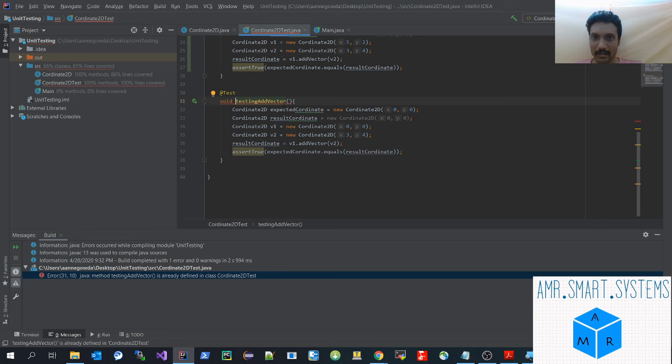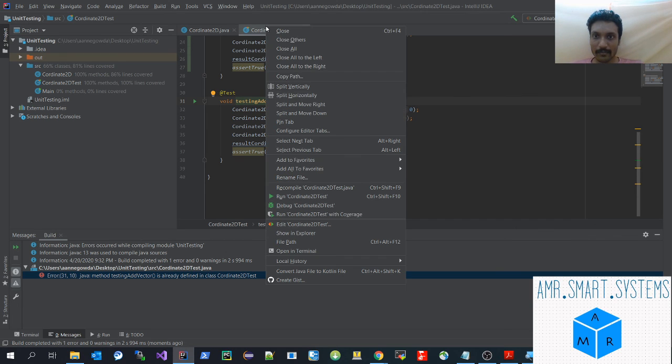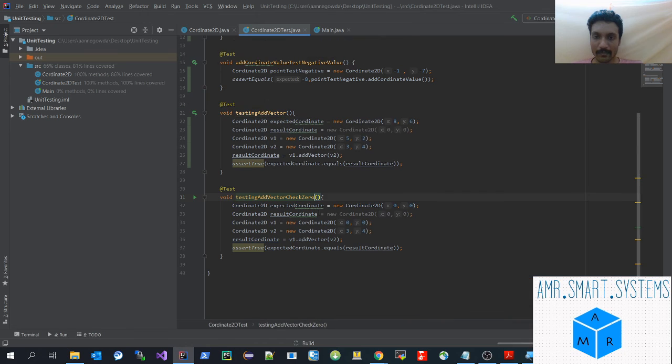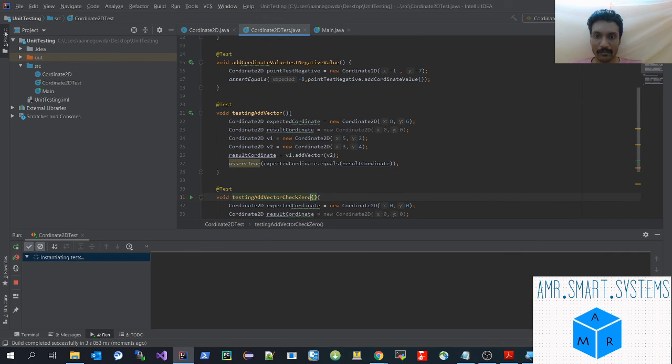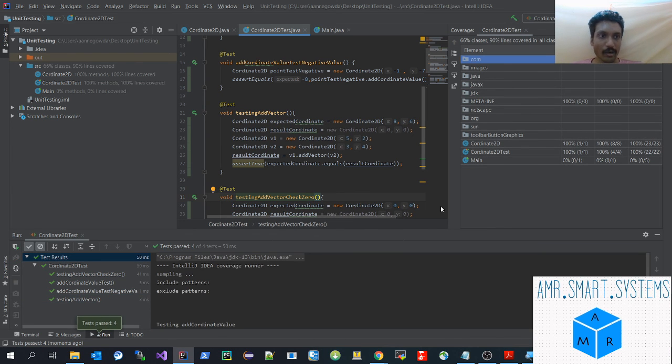okay, since the name is the same, it's giving an error. Let's make it check 0. So now all the test cases have executed, and you can see the line coverage is 100% in the Java file.